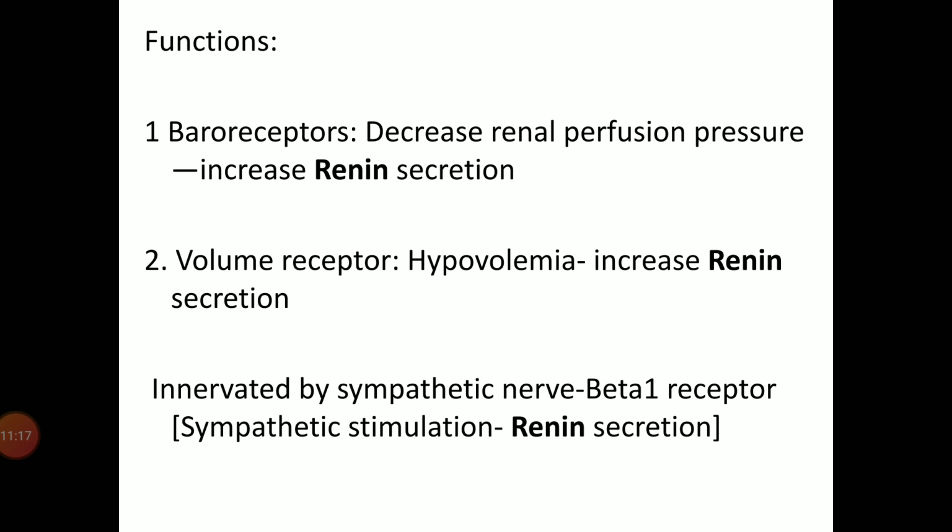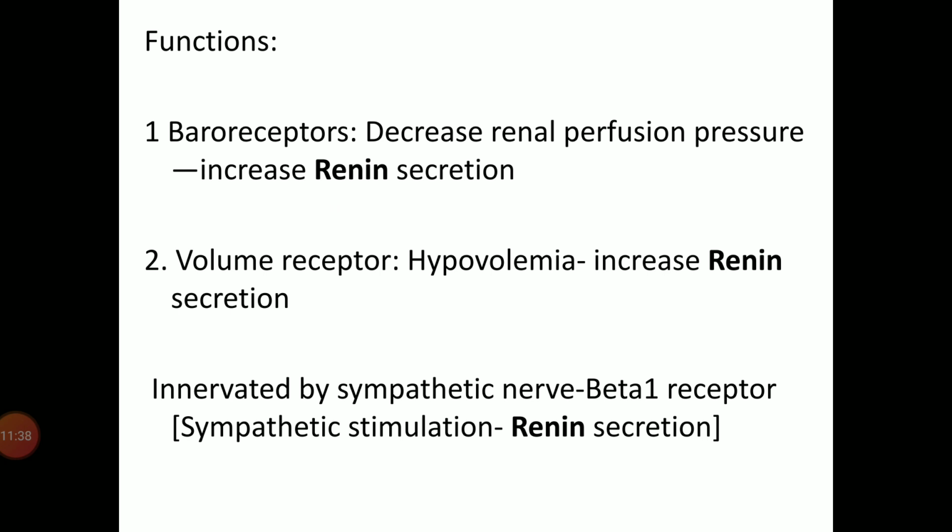This angiotensin II, in the physiological way, acts over the efferent arteriole so as to increase the glomerular filtration rate. Okay, so you see here how the JG cells